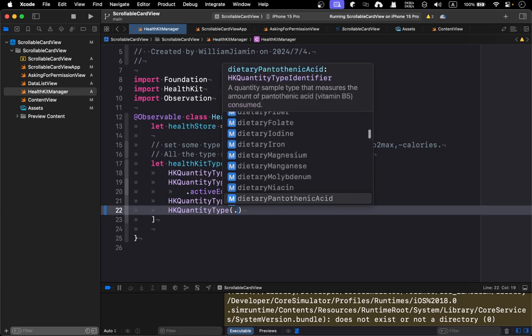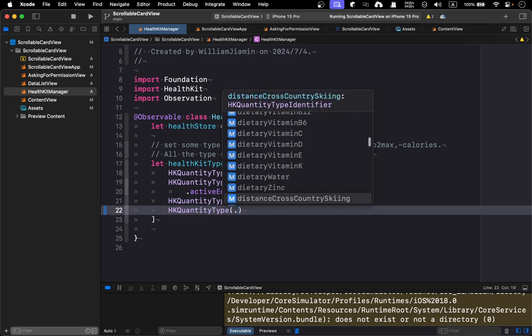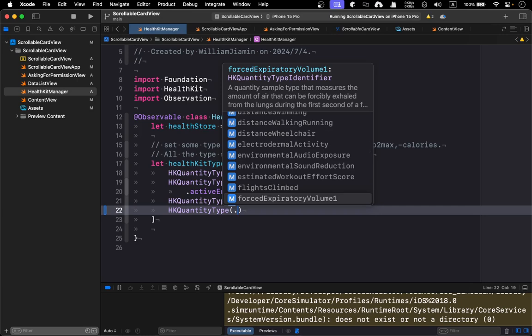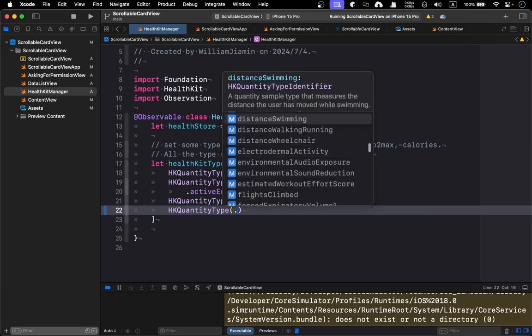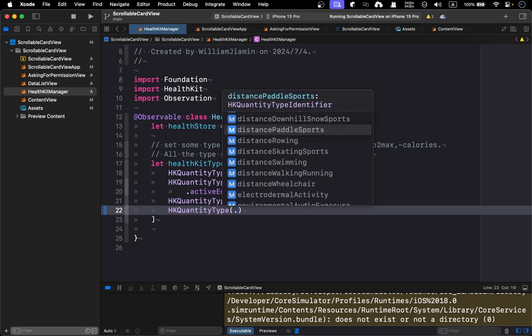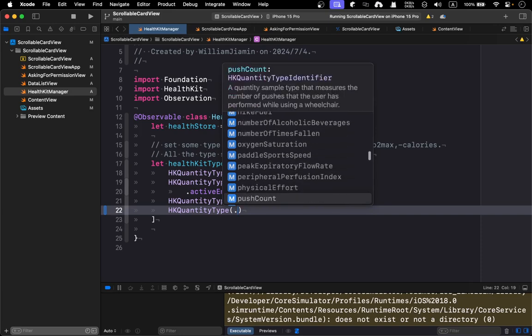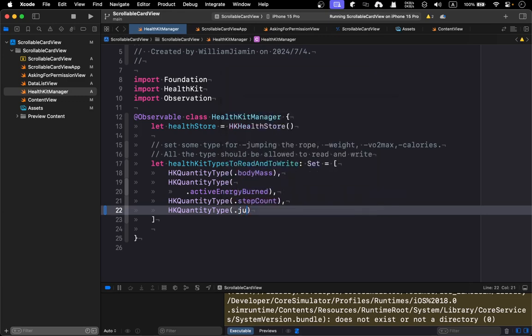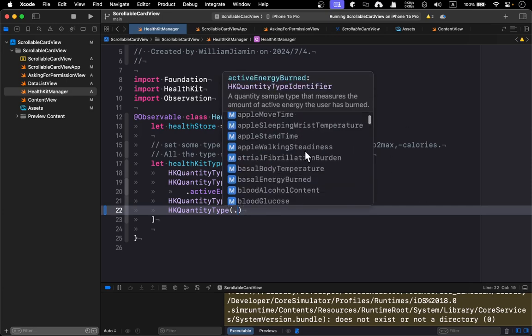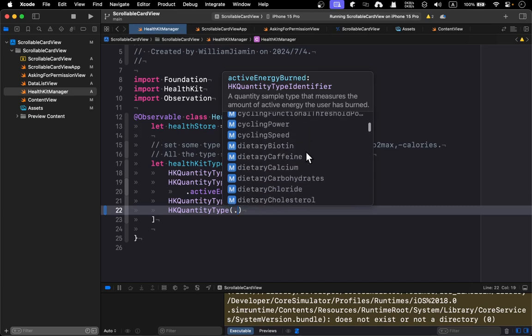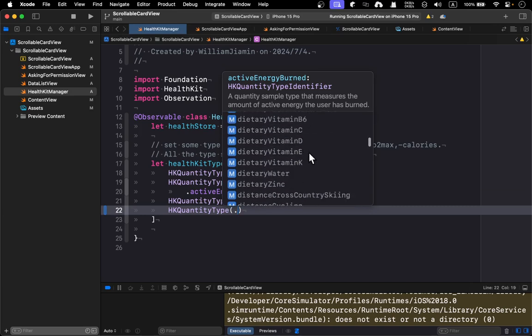Speed. Just dietary. Environment. Flights climbed. Forced. Distance, wheelchair, walking, distance, walking, running, distance, rolling. Yeah, there's like no jumping. Do I have like a jump? There's no jump. What about roll? Just a rolling. So yeah, as I said in my previous video, I did not find the exact